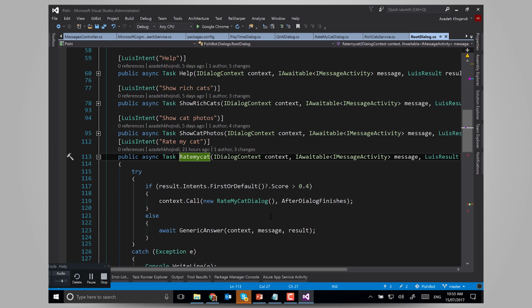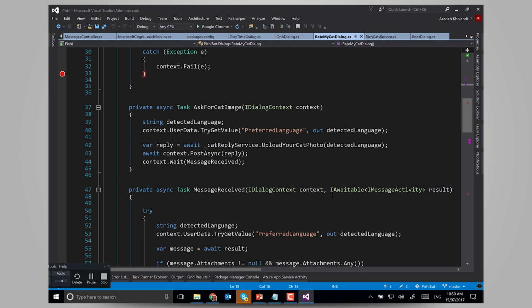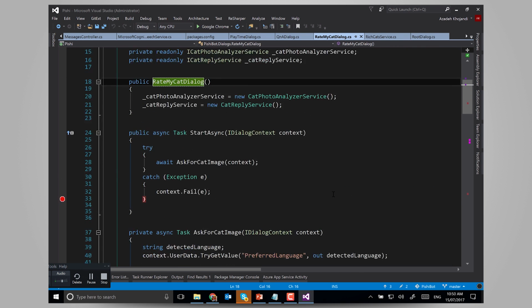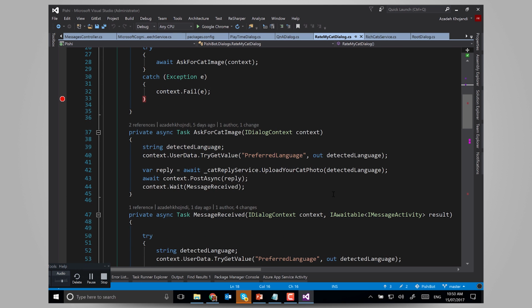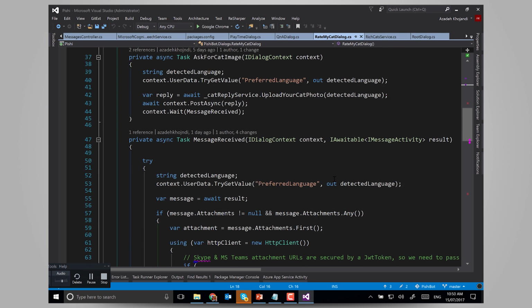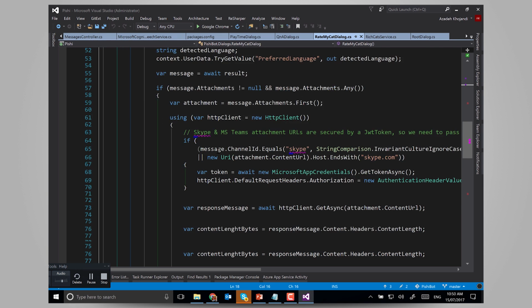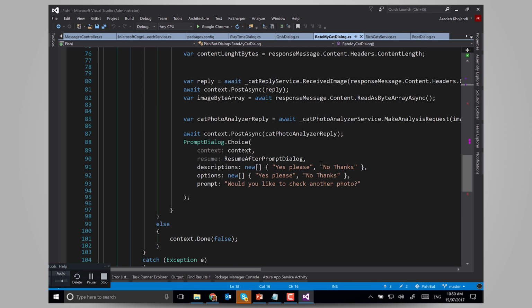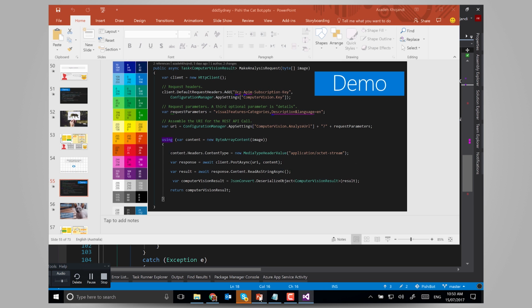And if I'm more than around 40% sure that a user wants to rate the cat, I go and start the rate my cat dialog. And in the rate my cat dialog, I get the message from the user, and after it finishes I ask, would you like to check another photo or not? So it's pretty basic. It's nothing very special in it.